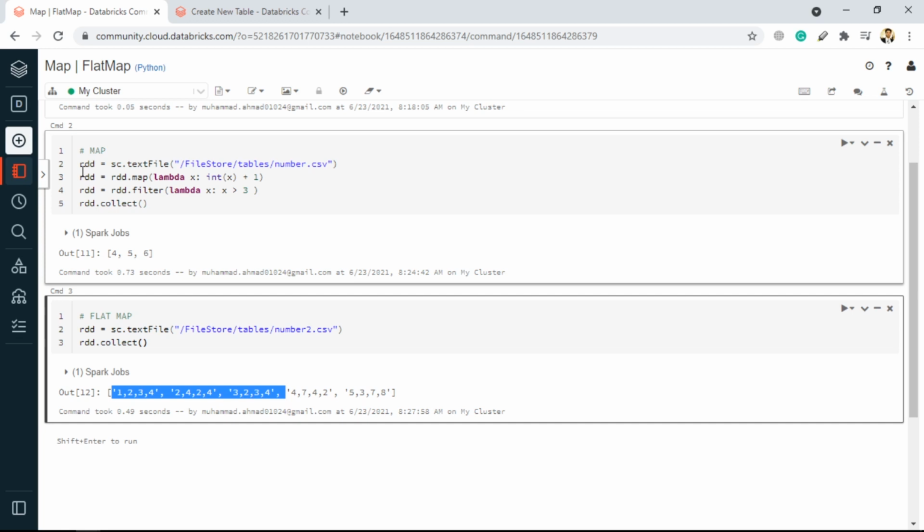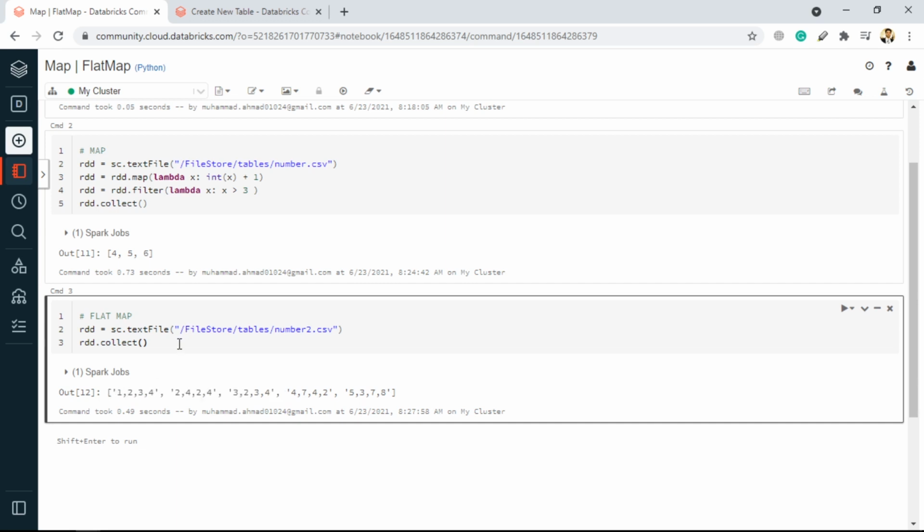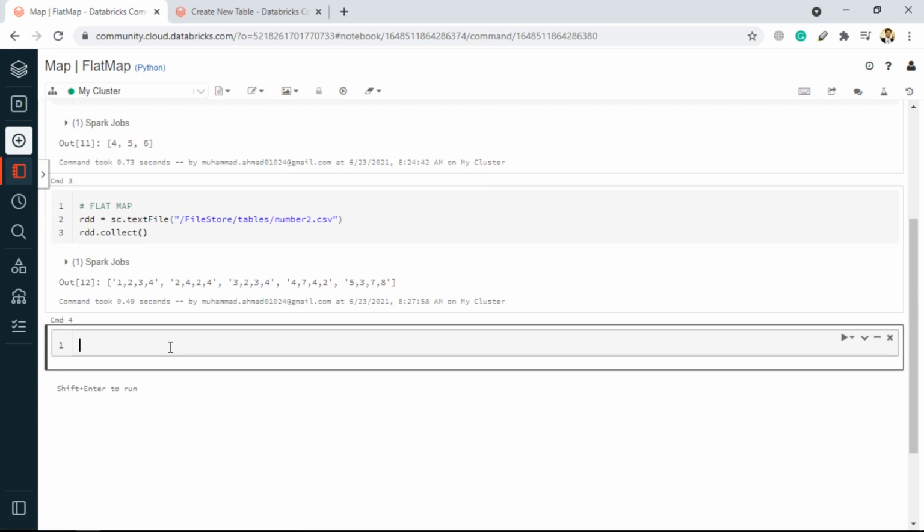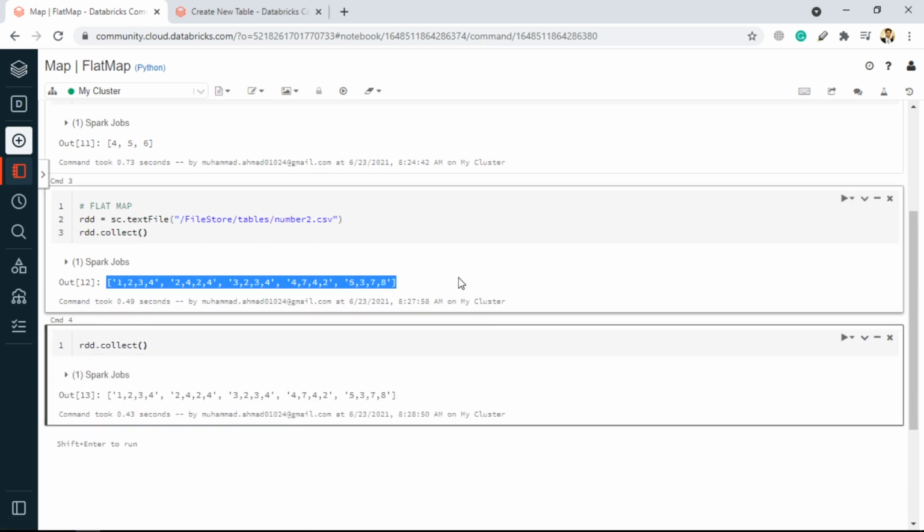But now if I want to implement the same logic at this level, and I directly apply mapping on it, what will happen? I cannot directly convert this complete element to an integer. So if I take it to a new cell, and now my RDD is this, perfect.